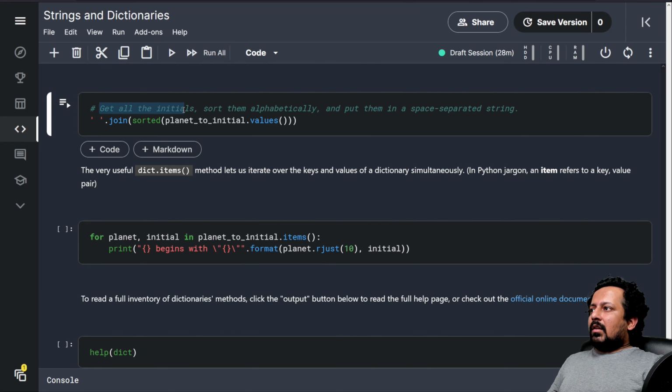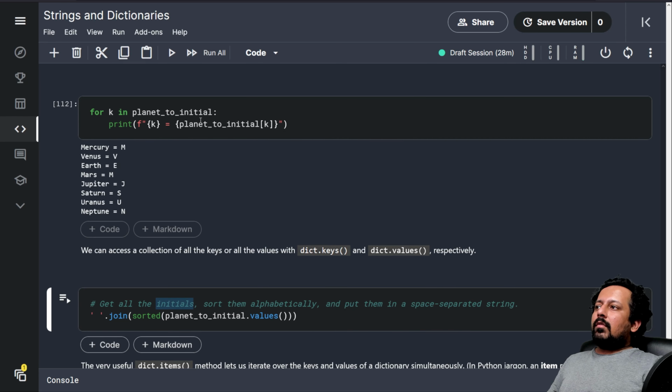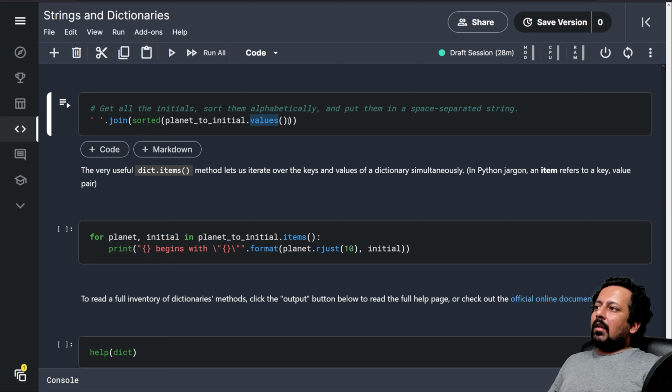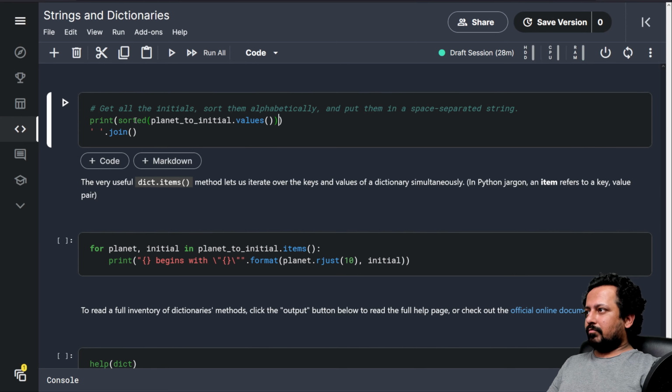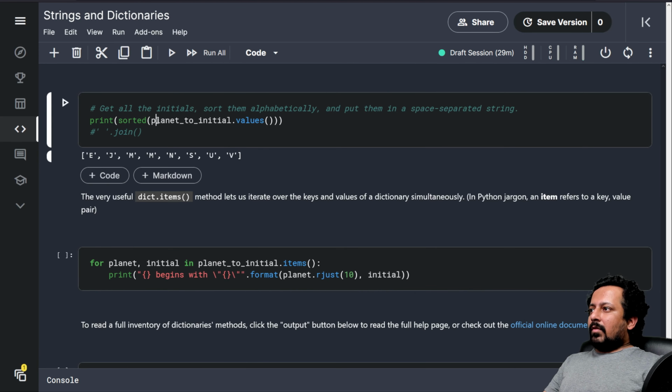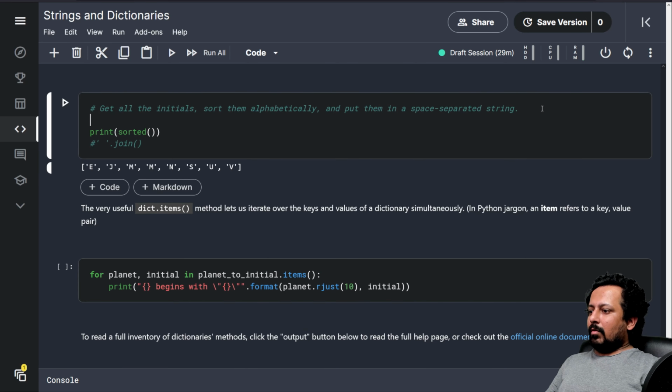Now what we're doing is getting all the initials, sorting them alphabetically, and putting them in a space separated string. Getting all the initials is like getting all the values. So planet to initial, like this initial, this initial, this initial. You can just do dot values, and then use sorted to sort them. If you print this, first of all, it extracted all the values.